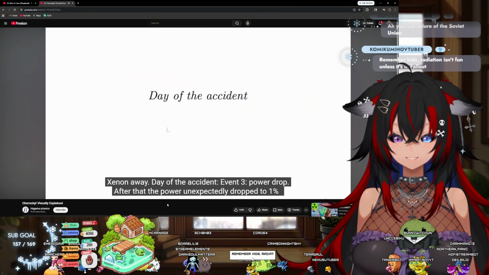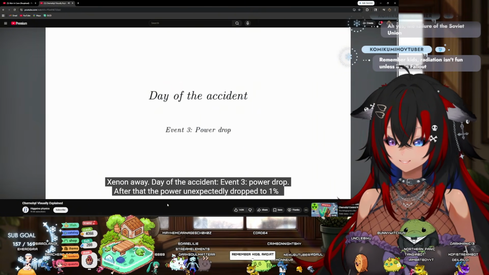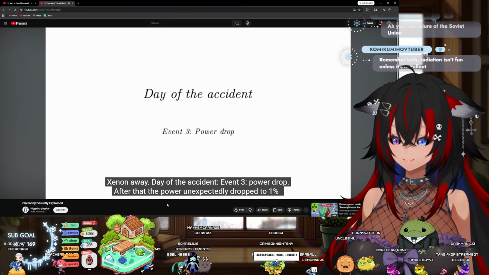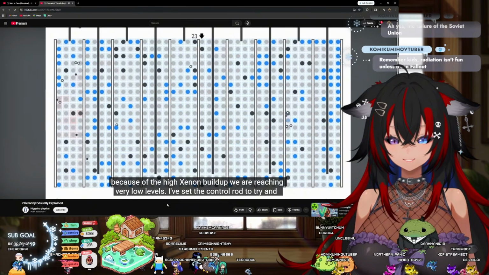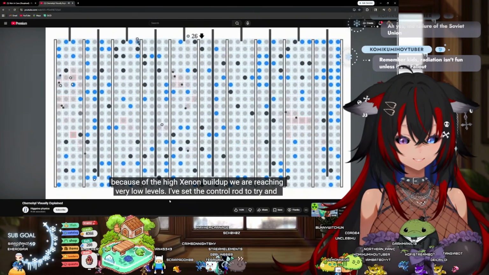Day of the accident, event 3, power drop. After that, the power unexpectedly dropped to 1%. Because of the high xenon buildup, we are reaching very low levels. I set the control rod to try and reach